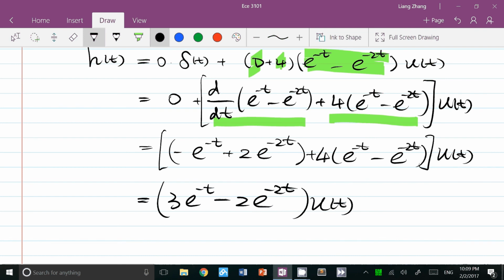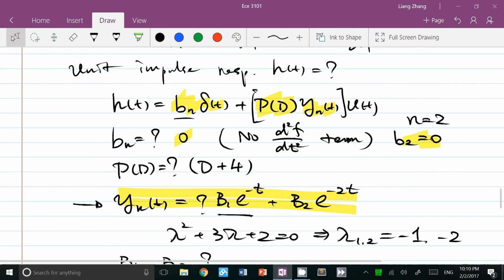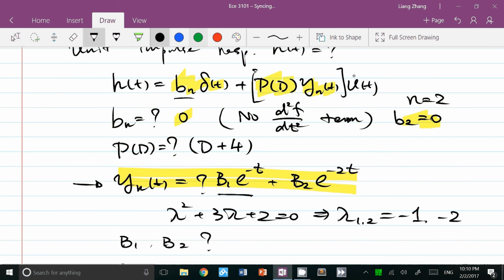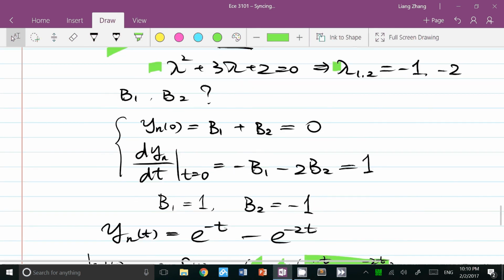Now, this will be a typical procedure to solve for a unit impulse response. It takes several steps. First of all, you need to figure out what is Bn. You need to figure out what is PD. You need to find the characteristic equation, solve the roots, and write down the general expression for this Yn signal, and then use the specially designed set of initial conditions, this one and this one,